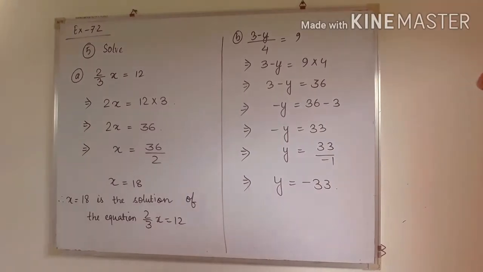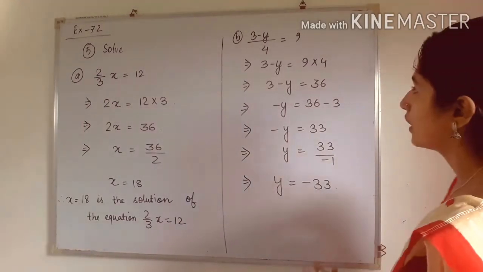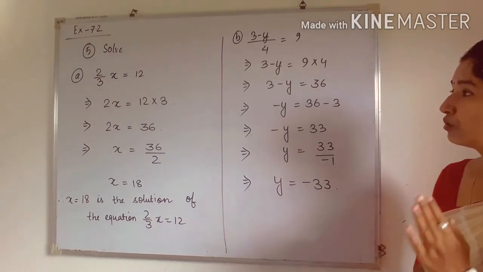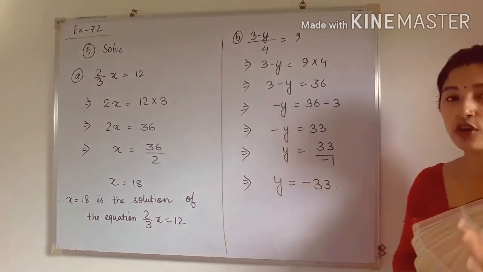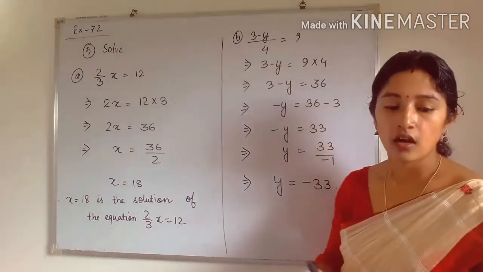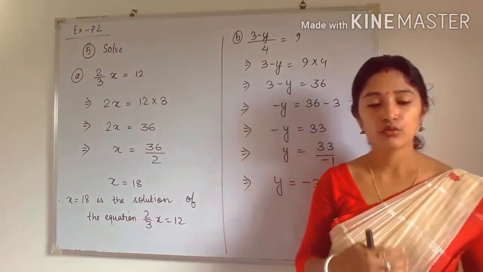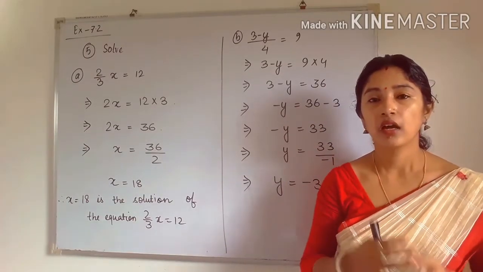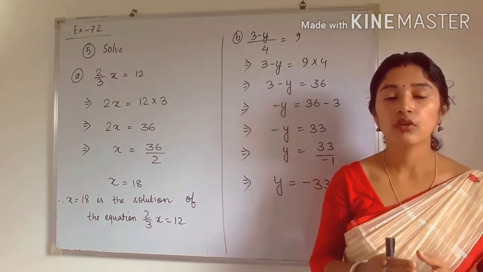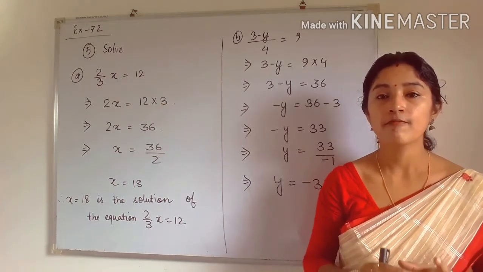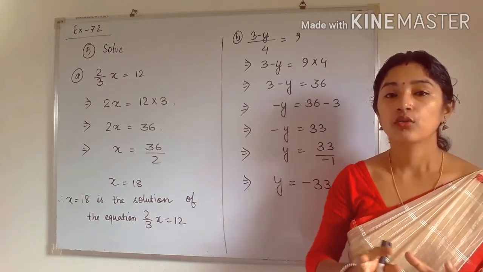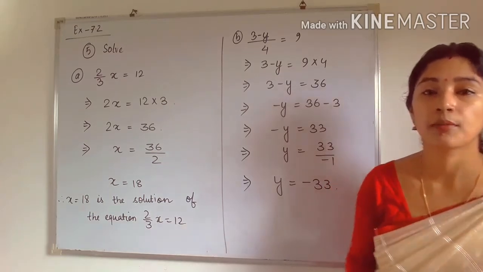Okay. So next question is number B. So here also we have to do step by step. Okay. So don't do directly, okay, just first of all do step by step, then after one or two exercises we can do directly some steps, but now you are starting this topic, na? You are just now at initial stage, so try to write all the steps, okay.